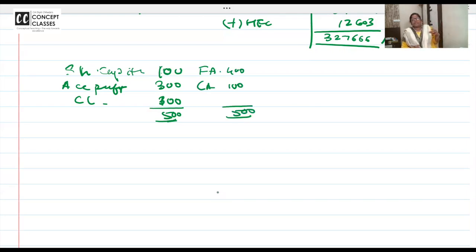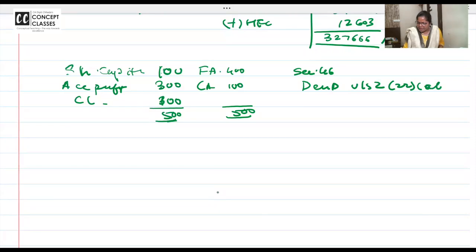Now suppose the company decides to go for liquidation. Section 46 of capital gain, and deemed dividend का section है under section 2 clause 22 clause A to E, सब आएगा 22(2)(A). So what is this? When the company goes into liquidation, shareholders are the owners of the company. After paying everyone,